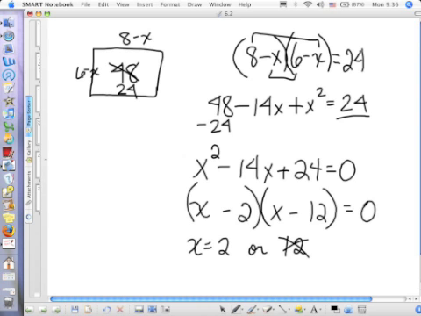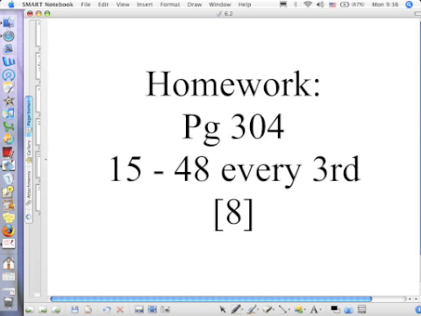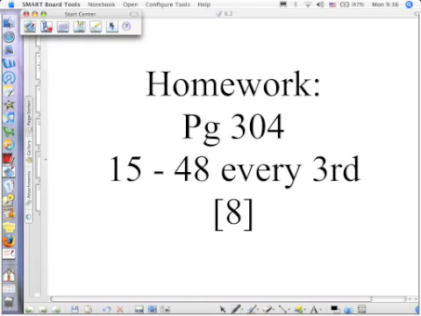Okay? All right. Homework, page 304, 15 through 48 every third, which is going to give you your multiples of 3. 15, 18, 21, 24, yada, yada. Yes? On the last section, the thing about when you get open accent